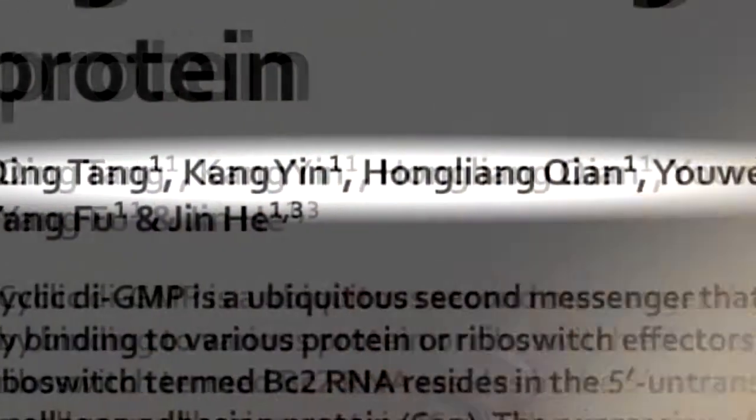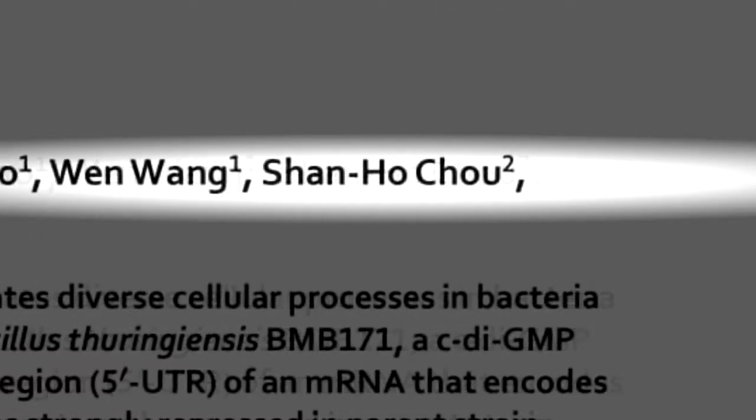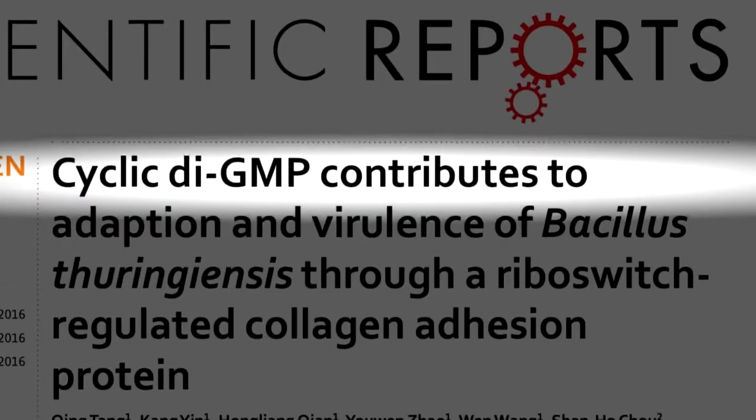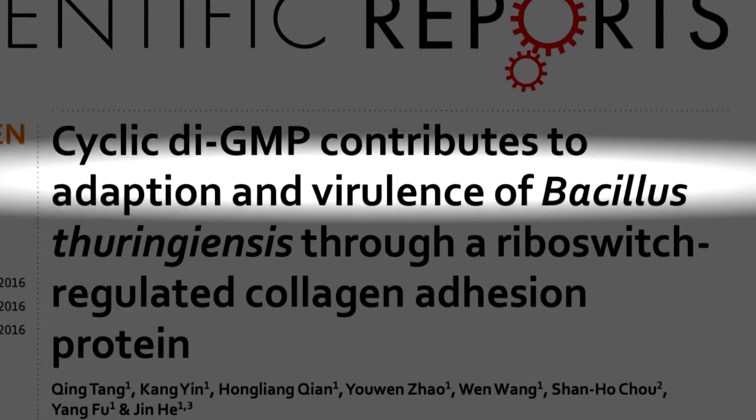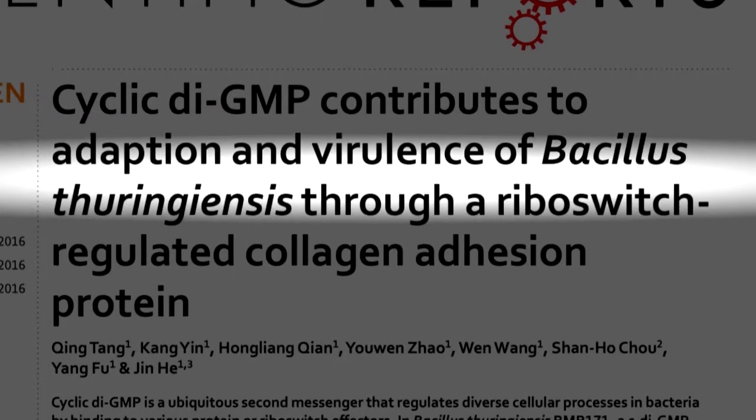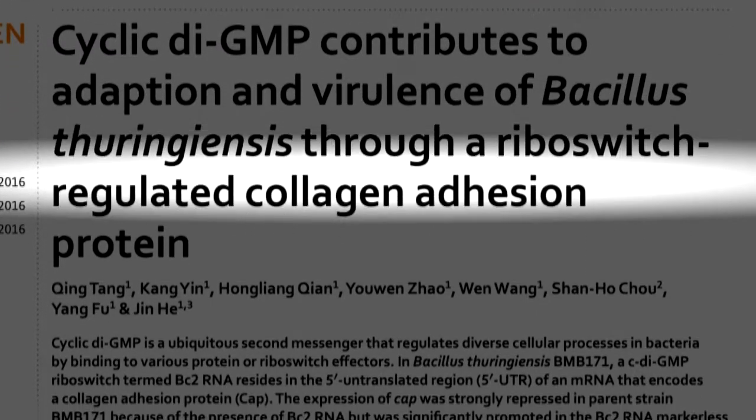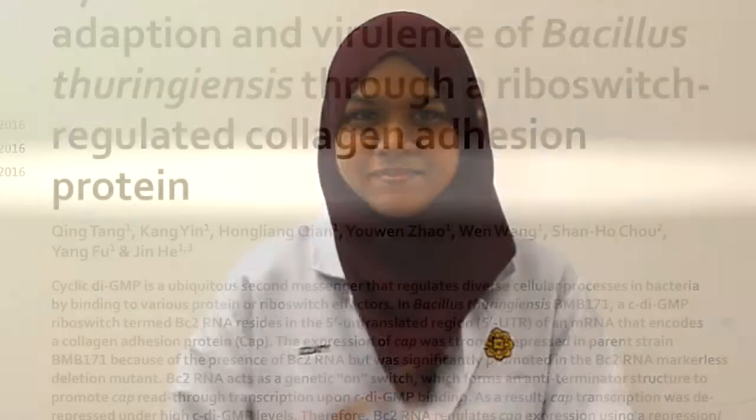For this assignment, we were given an article by researcher King Tang and his colleagues regarding how Cyclic-di-GMP, or c-di-GMP, contributes to adaptation and virulence of Bacillus thuringiensis through a riboswitch-regulated collagen adhesion protein, or Cap. What we learned from this article is the importance of the c-di-GMP riboswitch and its effect on some biological and phenotypic